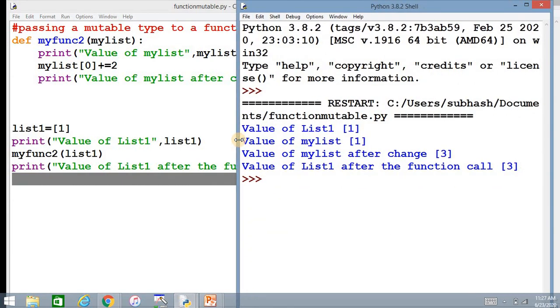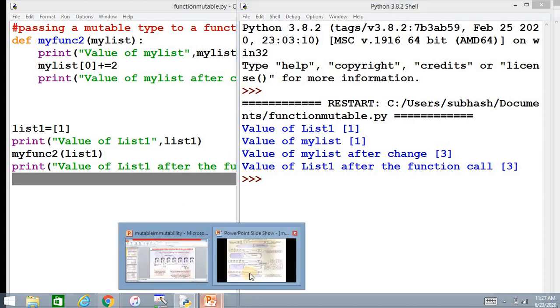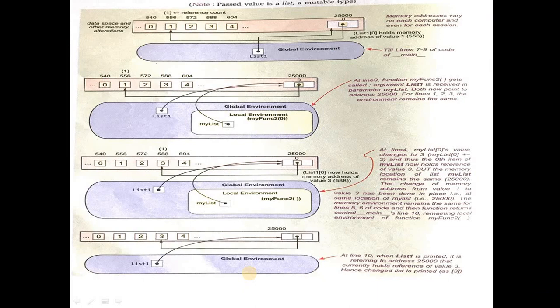Now how is the memory allocated for this? See, in the program it is clearly shown. First we have created a list 1. When list 1 is created, a memory allocation happens for list 1, which is not the case with integers.